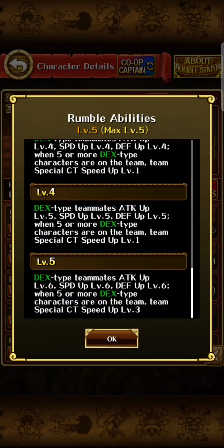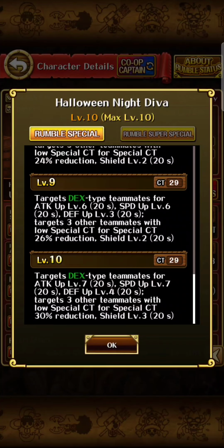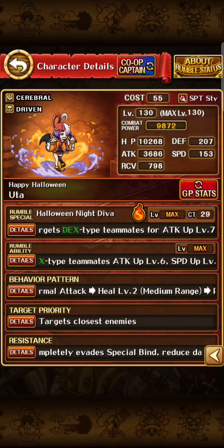She buffs Dex characters. If you have 5 more Dex characters, she gives CD reduction, which is super valuable. Her Rumble special also gives 30% reduction, a shield. She does some really, really good stuff, and you could easily throw her with a bunch of other really good driven characters. She has a super special as well, so if you pick up more dupes of her, just like